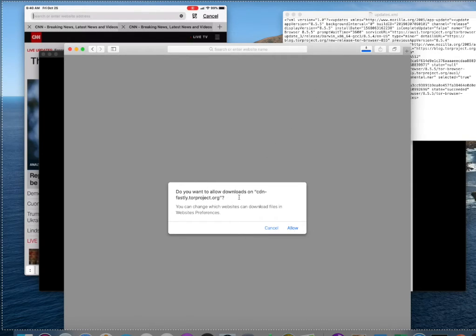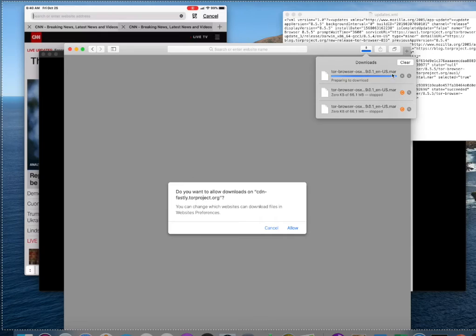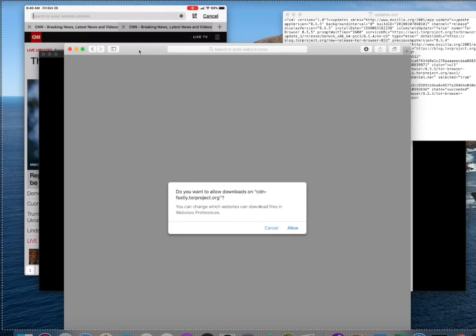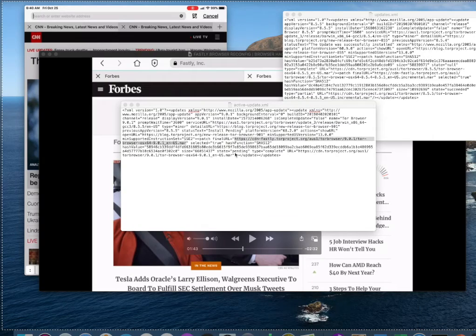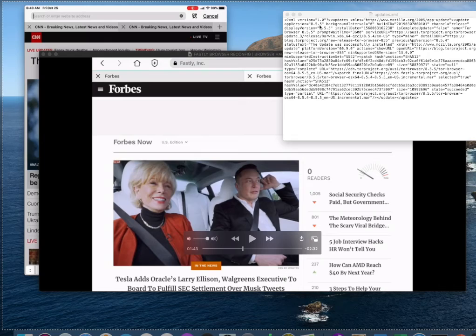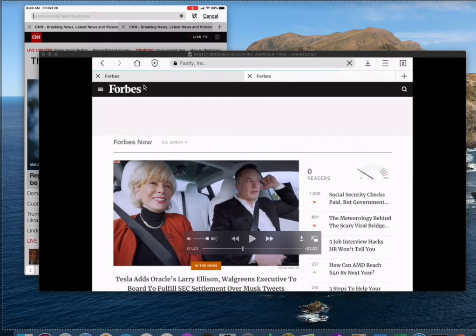I'm not hitting allow, but look at that. I do not want to download this. So FASTLY is trying to download their content into my machine. I didn't even click OK. But this is what it looks like when FASTLY has overtaken my network.